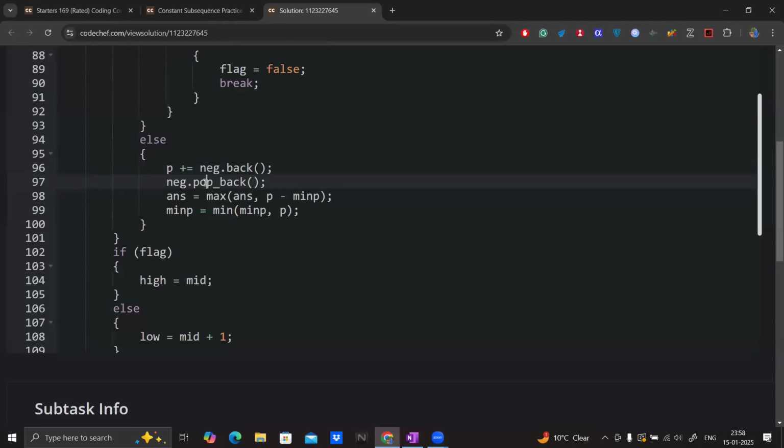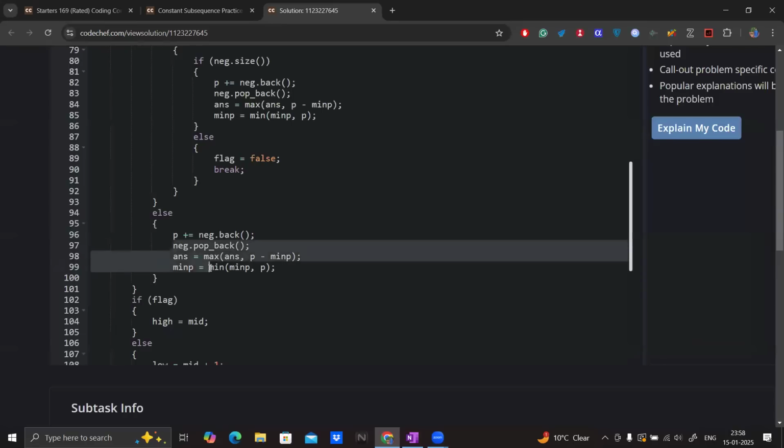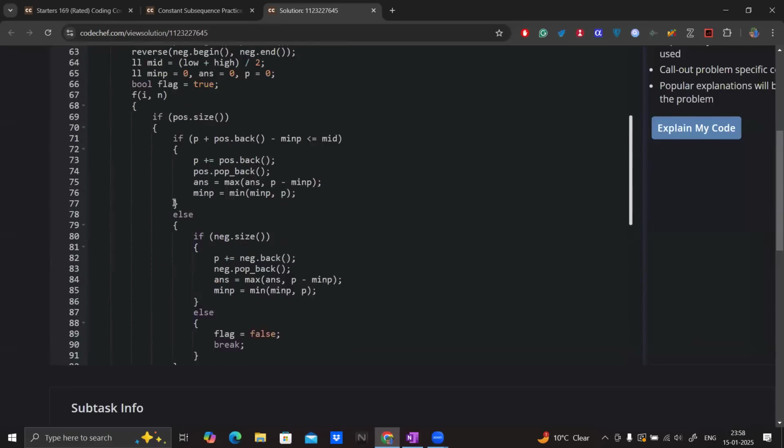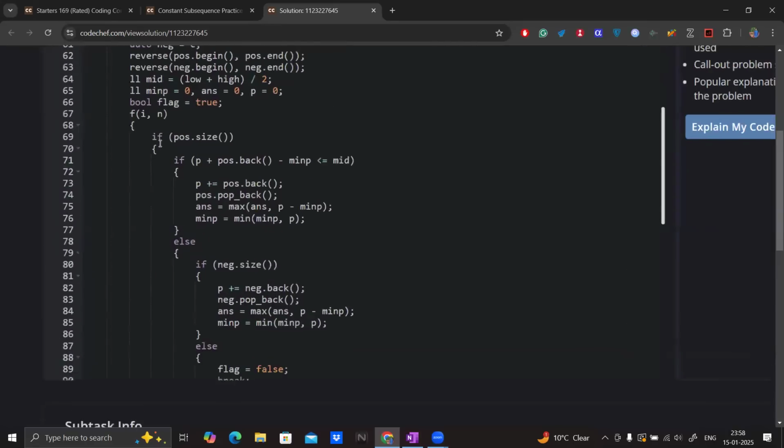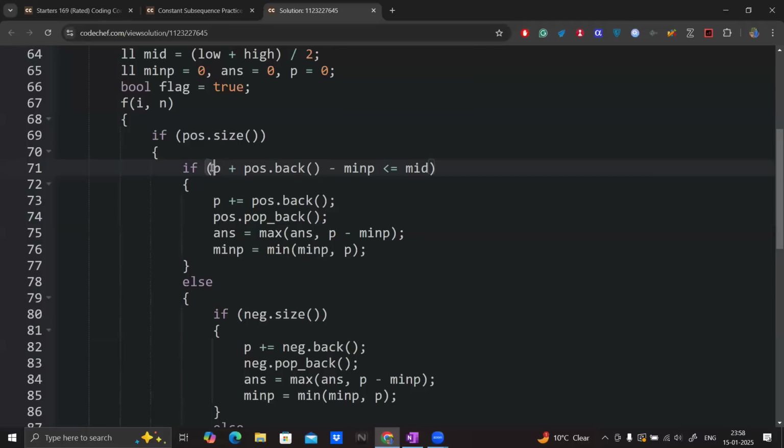Then neg.pop_back, because we use that element, and min prefix is min of min prefix comma p. Like we update the min prefix. So if we don't have any positive elements left, then we can just do this. And if we do have positive elements, then we have to check whether we can insert it or not. So if p plus pos.back minus min p, this is the maximum subarray sum. P plus pos.back is the sum that would become